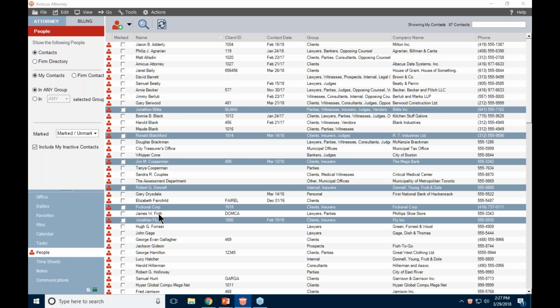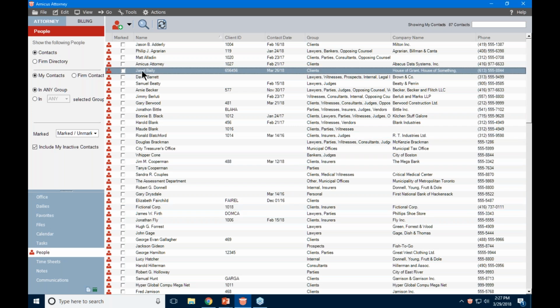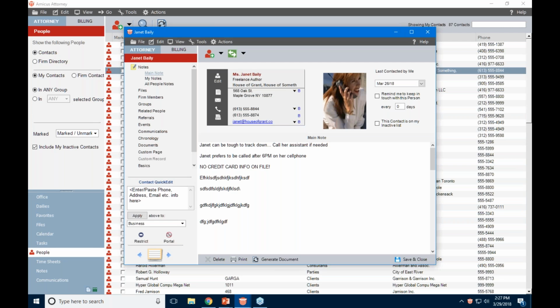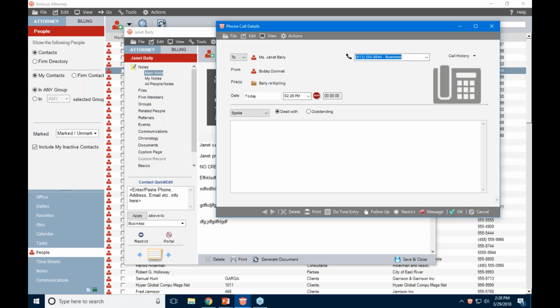I'm going to use an existing contact. We'll use Janet Bailey here as an existing contact. If I open up Janet's contact card, you'll notice, of course, that we have Janet's business card. This business card will also be visible or easily accessible to me on any of Janet's files. On the business card itself, there is the option to create a phone call record for this client. There's a little phone icon there. A little bit old school if you ask me, but if I click on that,